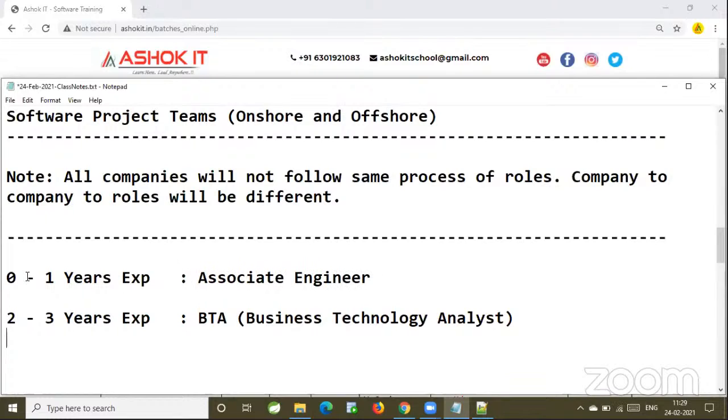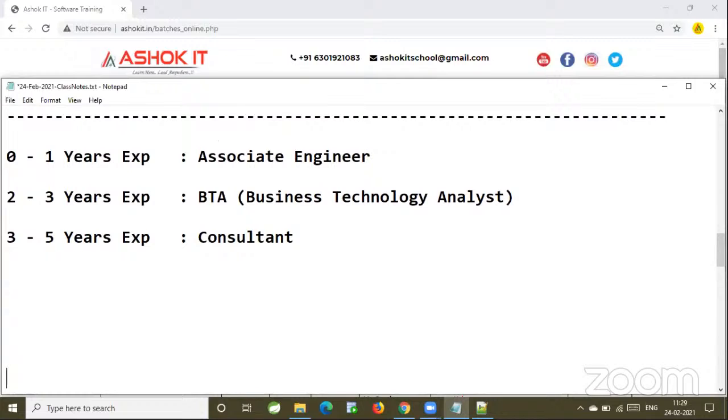Now, if you have 3 to 5 years of experience, they will consider you as a consultant. From 5 years to 8 years of experience, they will consider you as a senior consultant.